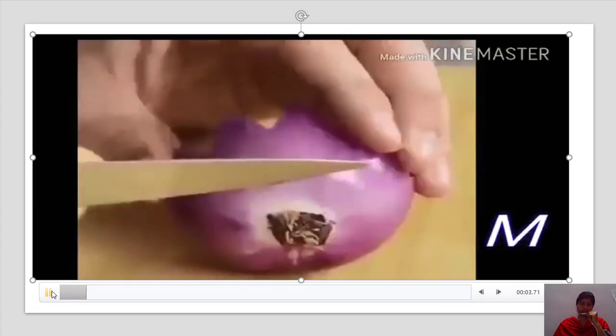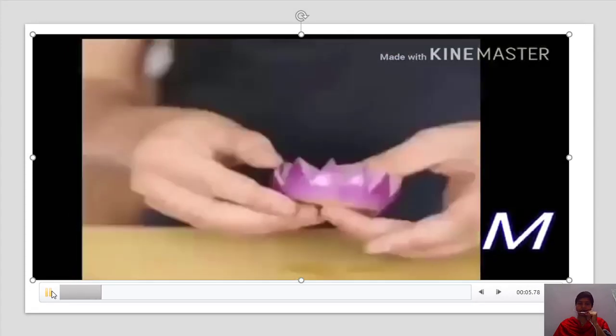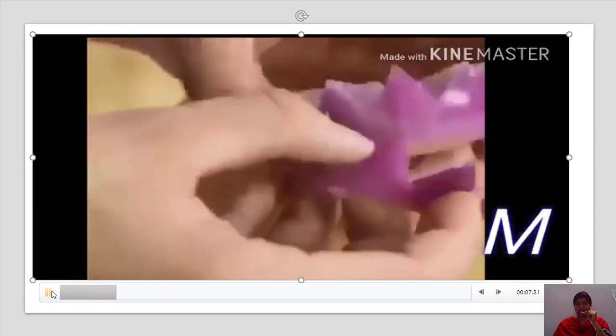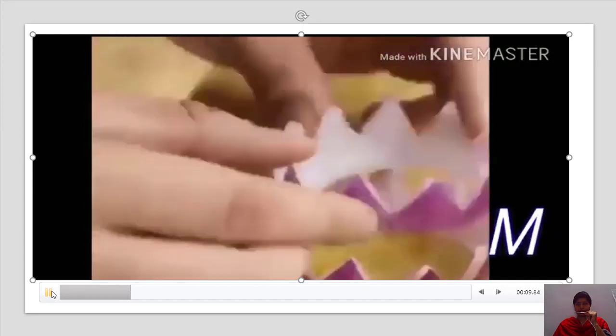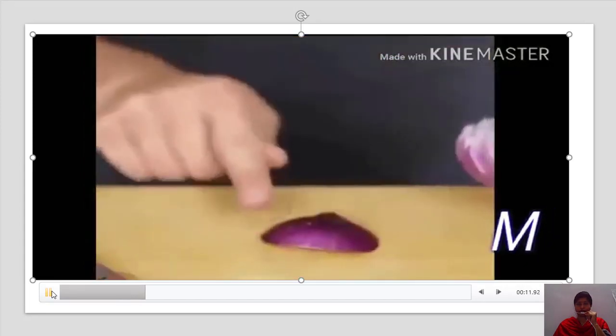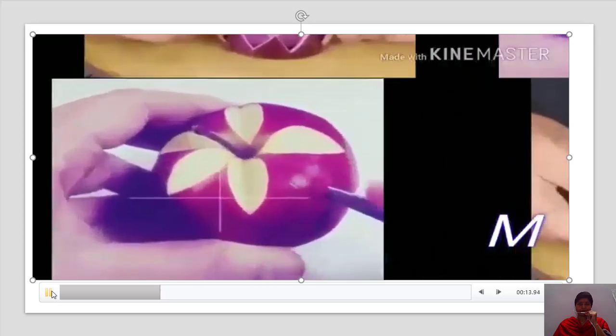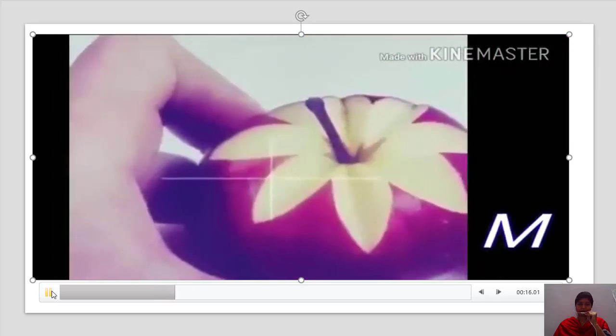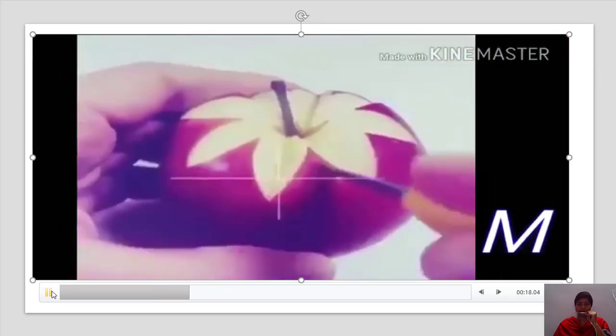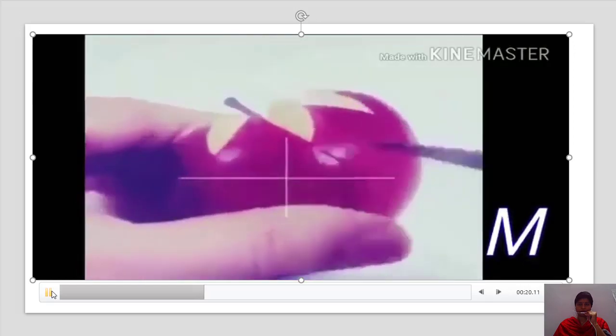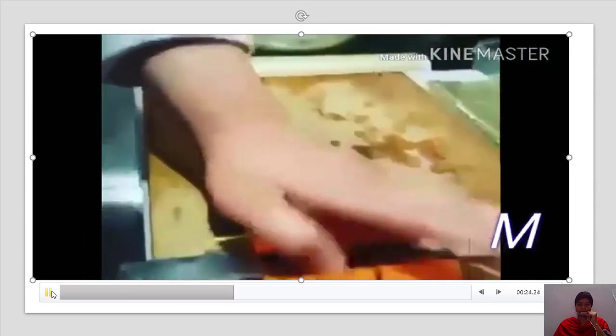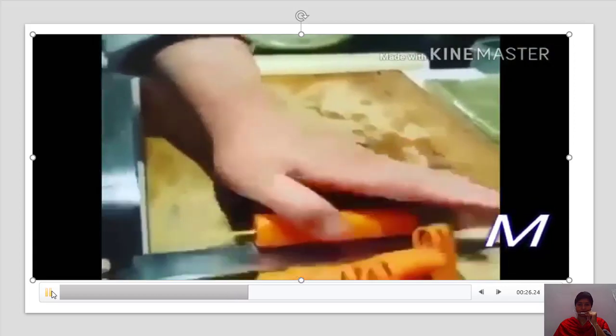In this video also they use different kinds of vegetables and fruits to make a variety of models. Carrot.